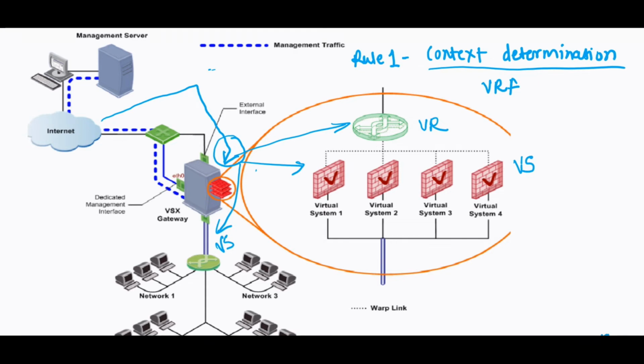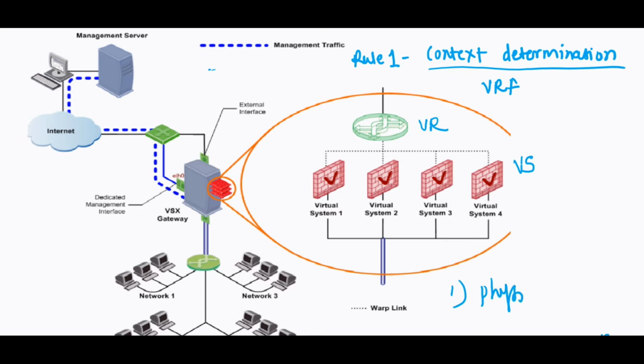So consider you have a setup where you have your virtual routers in place, virtual switch in place, and there is no virtual router and virtual switch. I mean, three different scenarios. Let's consider scenario number one, where you have physical interface connectivity. You don't have virtual routers or a virtual switch in place. Whenever a packet arrives at this VSX gateway, based on the context determination, it will send that packet on a physical link to